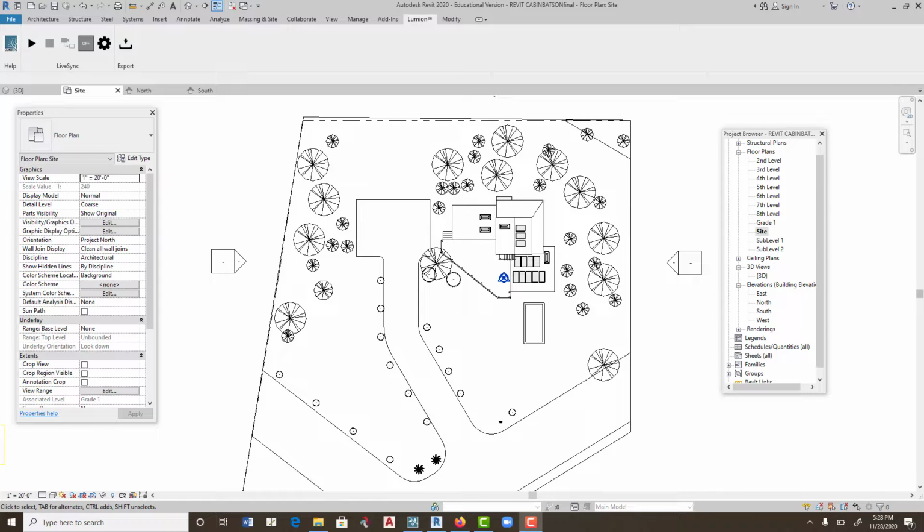Welcome back. This is a video about exporting your drawing, your rendering into Lumion. Revit does a pretty good job at rendering, and what I like to do in Revit is put my shadows on all the time. I click on here, shadows on, and I take it out of sight and I put it into the 3D,